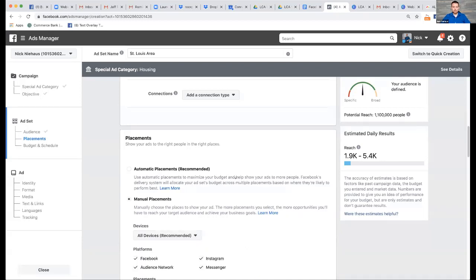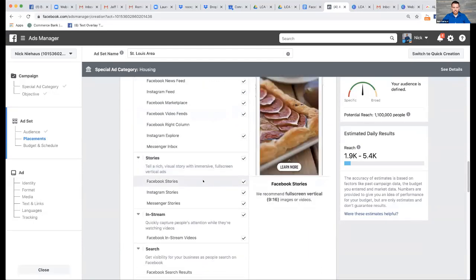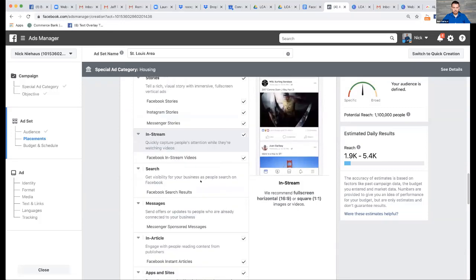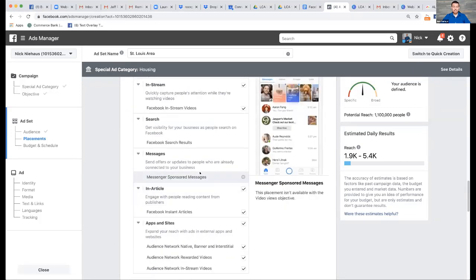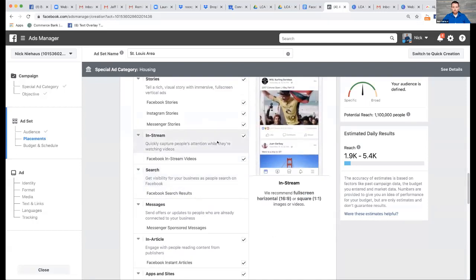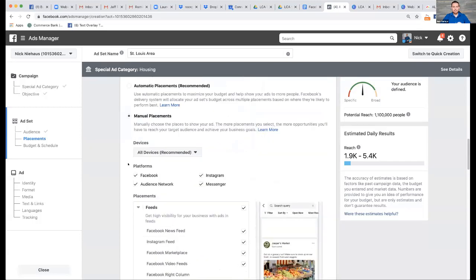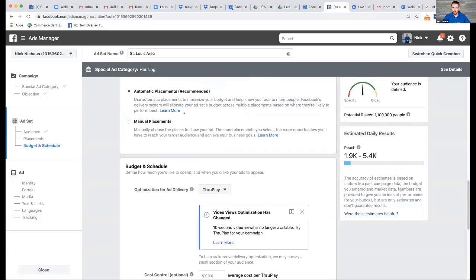I'm just going to show you what it looks like really quickly, because if I click on manual, I can go through and select or deselect all of these different places. There's probably 20 of them or so where my video ad can be shown, but there might be some I don't want it to show up in, right? So for instance, one that I don't usually like running, and the videos usually have to be really short, is this in-stream. In-stream is when you show an ad in the middle of a video. A lot of people don't like that. So maybe you don't want to show your ads in the middle of videos, right? So there's things like that to consider. You can come through and remove different placements. But to keep it easy, and for most cases, I would just leave it on automatic placements.